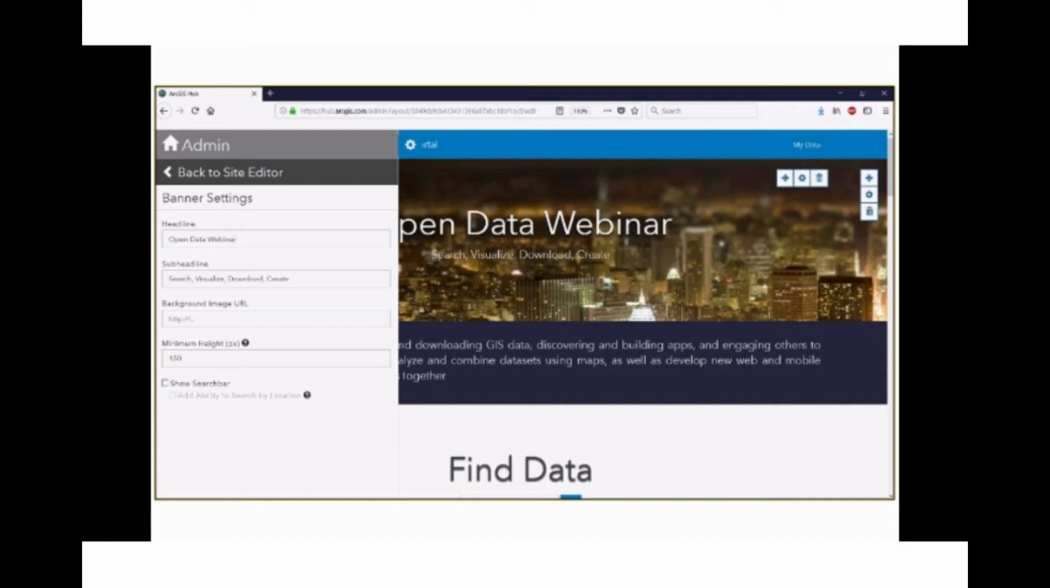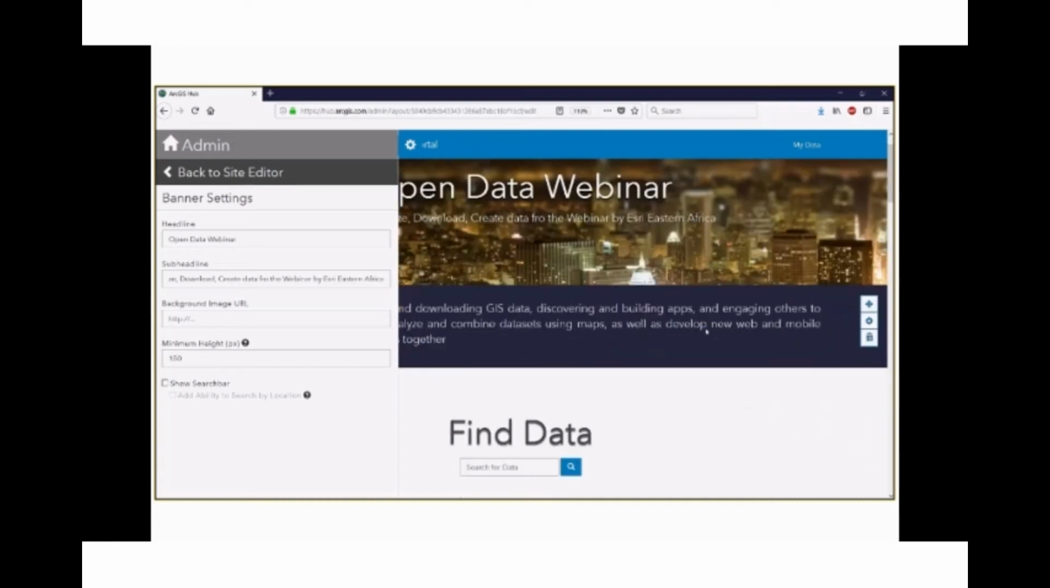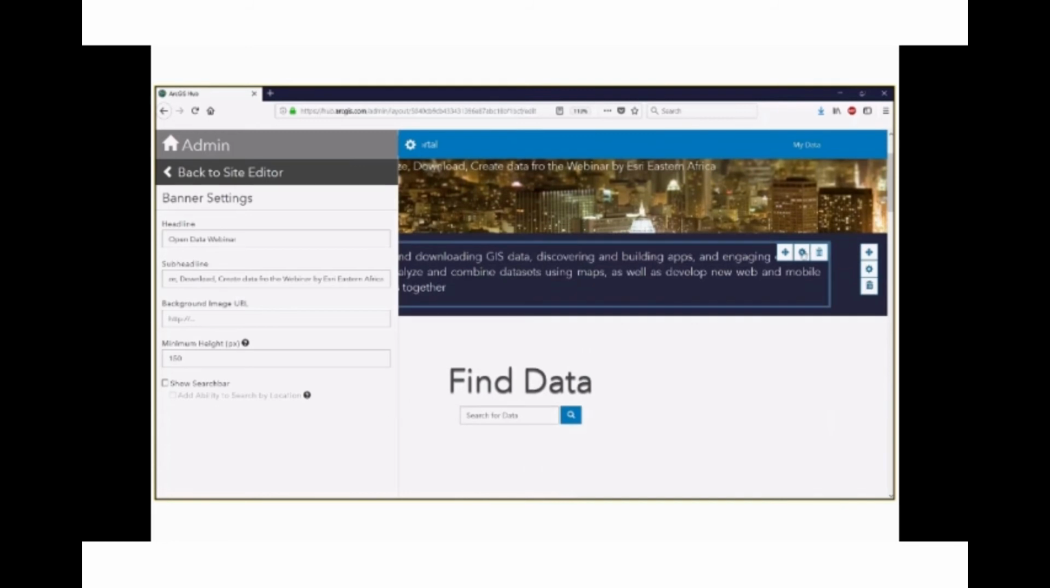Let's come to the sub headline and maybe say something like search, visualize, download, create data from the webinar by Esri Eastern Africa. This is just a simple change right there. So let's go to the next section where we may say, well,